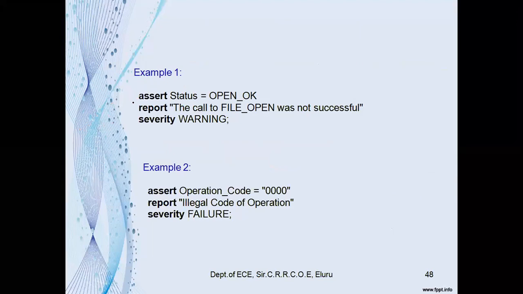Okay, so we will see an example of the assertion statement. If you remember this, we have used it in files, data objects, files. So what are the files here? Files are a special case of data types that provide an interface between VHDL and the host environment. Mainly files are used for writing and reading files in a specified format. So when we are trying to read a file, we will first open that file and then read it.